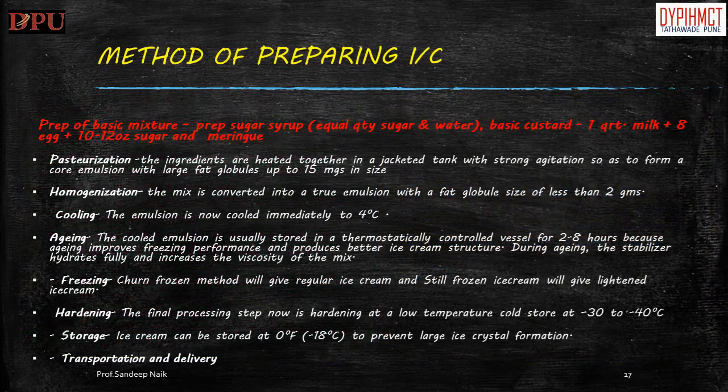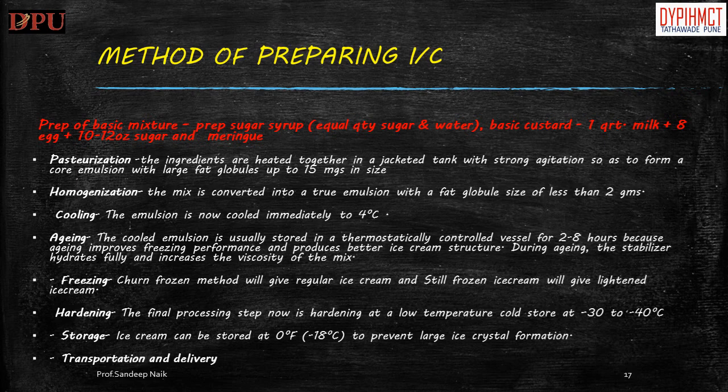Method of preparing ice cream. Prep of basic mixture. 1. Preparing sugar syrup made by equal quantity sugar and water. 2. Basic custard, 1 quart milk plus 8 eggs plus 10 to 12 ounces sugar. 3. Meringue. Pasteurization. The ingredients are heated together in a jacketed tank with strong agitation so as to form a core emulsion with large fat globules